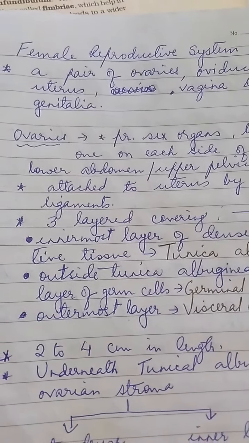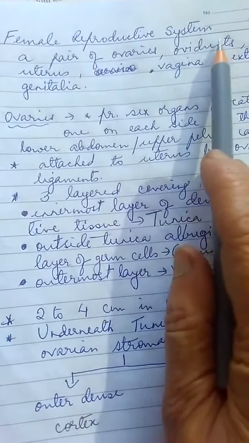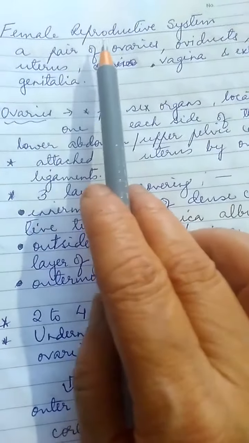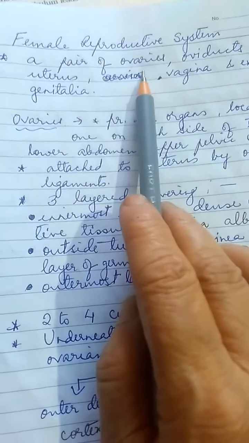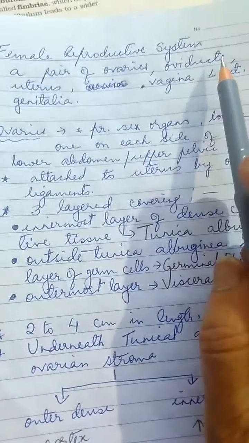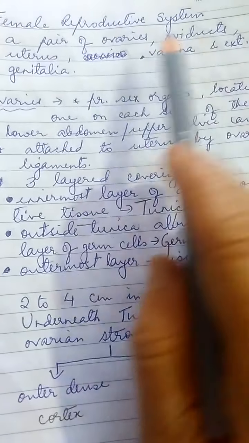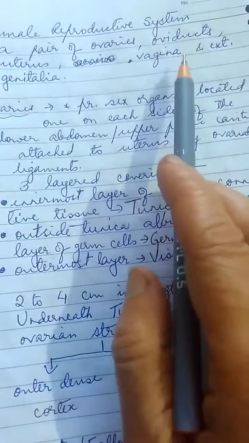Happy morning, children. Today we'll start the female reproductive system. The parts of the female reproductive system are ovaries. How many ovaries? 2 ovaries. Oviducts, they are also 2 in number. Uterus, vagina, and